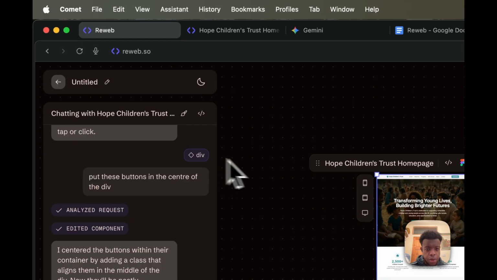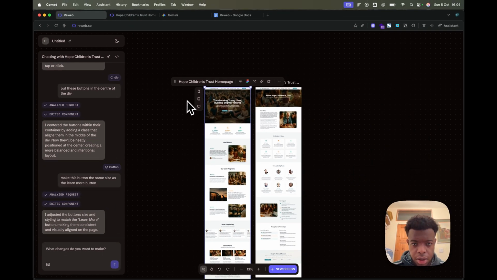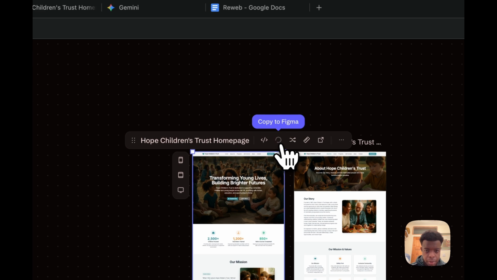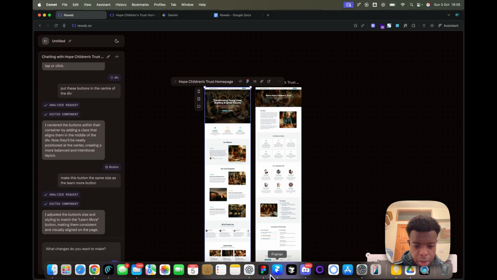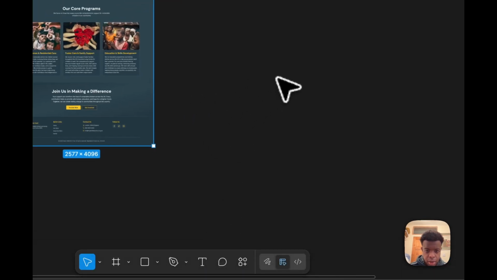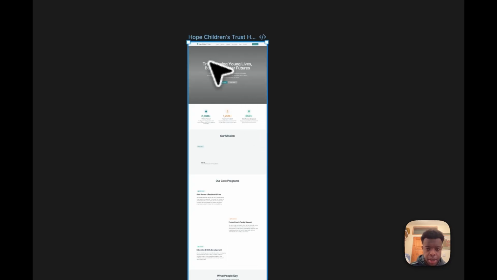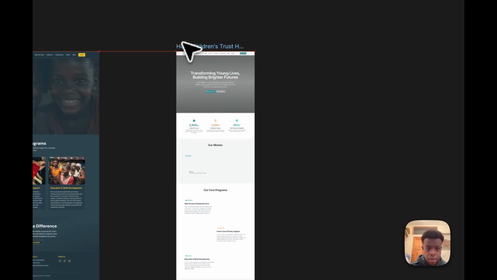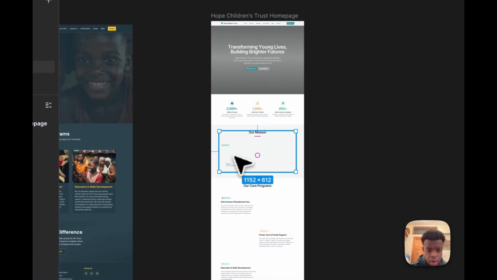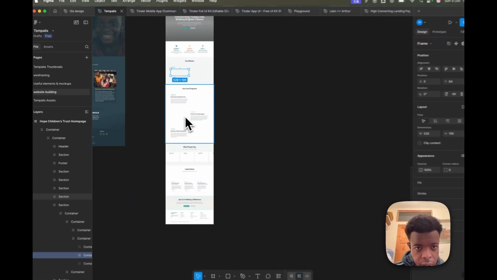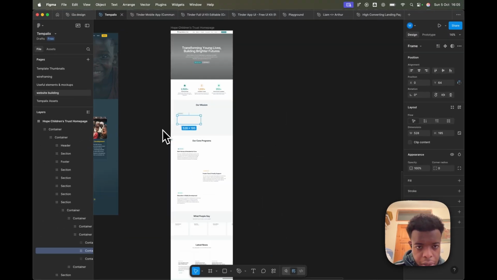So now, what if I want to take this into something else? If I want to copy this into Figma, I can click on copy to Figma. It's copied on my clipboard. Simply come into Figma, and I can go here and press Command V, paste it, and you can see that some of the things haven't quite been applied properly, but what we can do